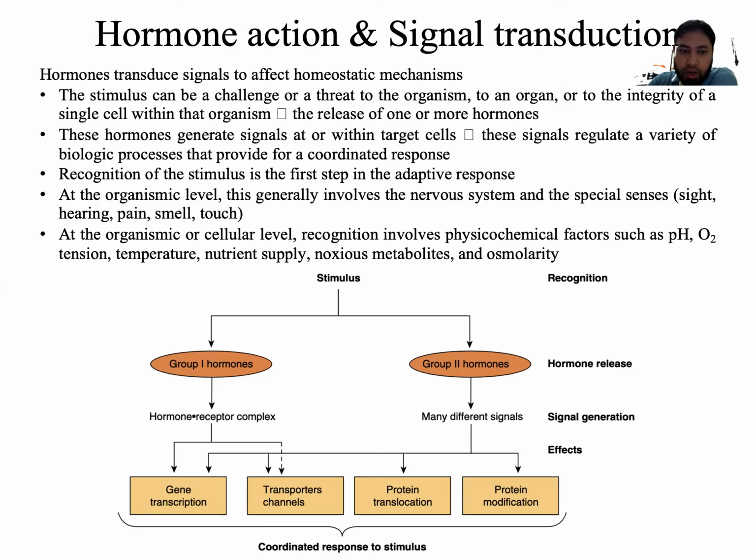You can see group 1 has the hormone receptor complex, whereas for group 2 hormones, there are many different signals being produced. It includes the manipulation of the DNA. They're changing the DNA information. They're changing the transcription process. For example,